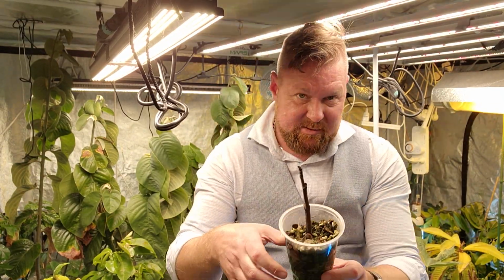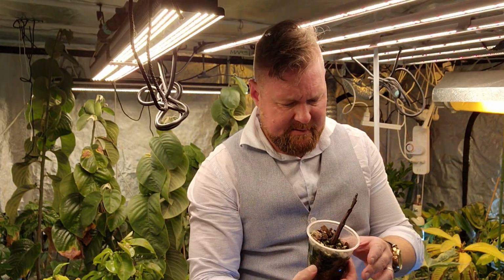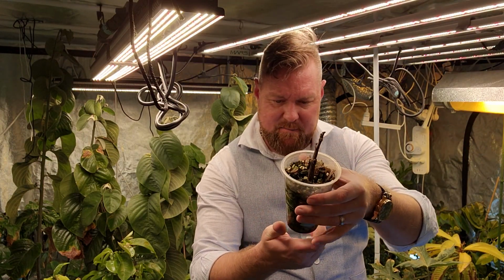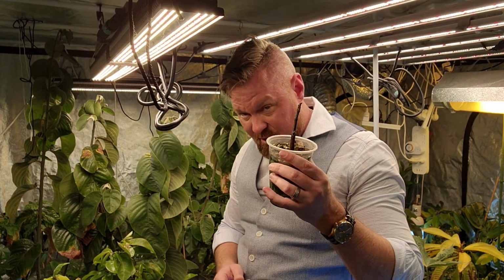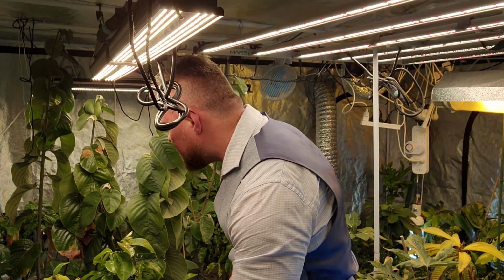This is another one that's in its original cup. This is a Zidi. And this is starting to shrivel in the stem. It hasn't fully gone yet. There's no roots. This has been in here now for probably, I don't know, 3 months. When did I do those first videos? I don't know. So Zidi is looking like it's going to fail,